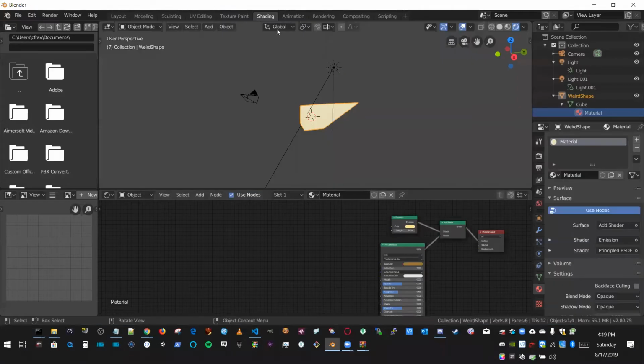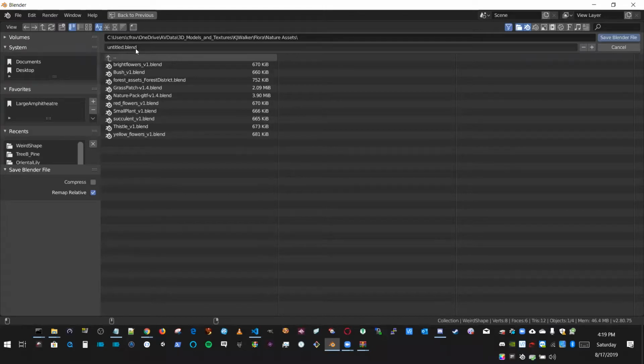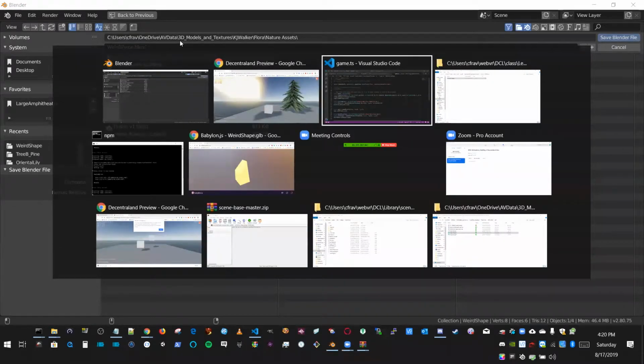Just to finish up a couple more tabs here. When you have a more complex object, let me go back to, actually, let me save this just somewhere. You know what, I'm going to save it where I will also include it with a scene. So this is the weird shape.blend, and where I want to put it actually is in today's lesson folder, which is